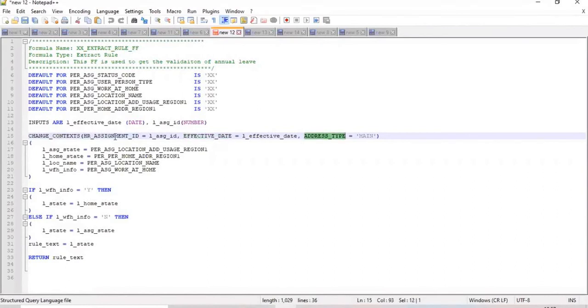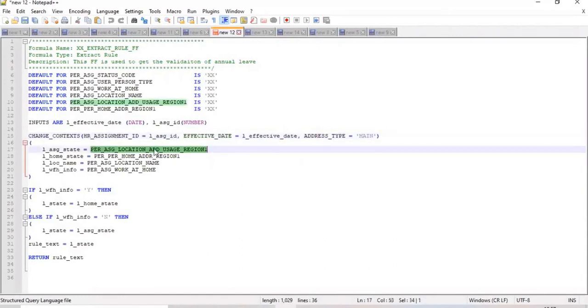This assignment ID I am getting from the employee assignment ID. I am telling the system to set assignment ID to the employee assignment ID. Effective date is the system date. Address type is main.